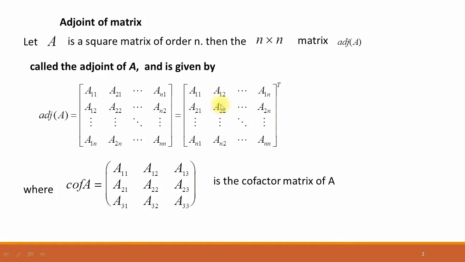First of all, find the cofactors of matrix A, and then taking the transpose of the cofactor matrix of A, we get the adjoint of the matrix A. This is the cofactor matrix of matrix A. Now, taking the transpose of this matrix, write the first row in the position of the first column and shift the second row to the second column. Similarly, shift all rows to the column position. This will be the transpose of this matrix, and this is the adjoint matrix for matrix A.